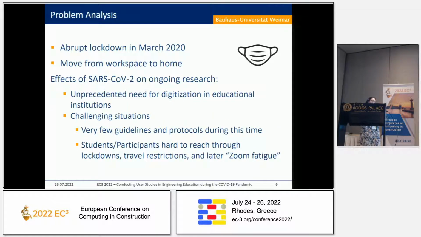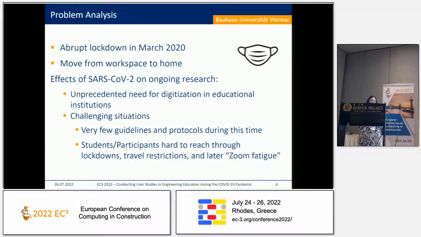However, during pilot trials, we went into lockdown in March 2020. And we all know we had to move our workspaces to our homes, and there was a very sudden need to digitize in all areas, but also in educational institutions. So normally we have these in-person classes, and everything had to be changed into